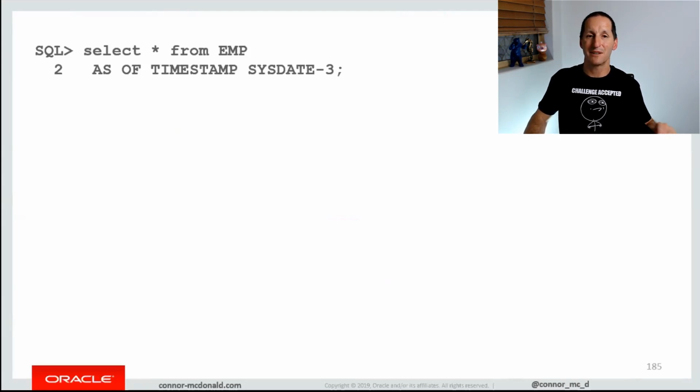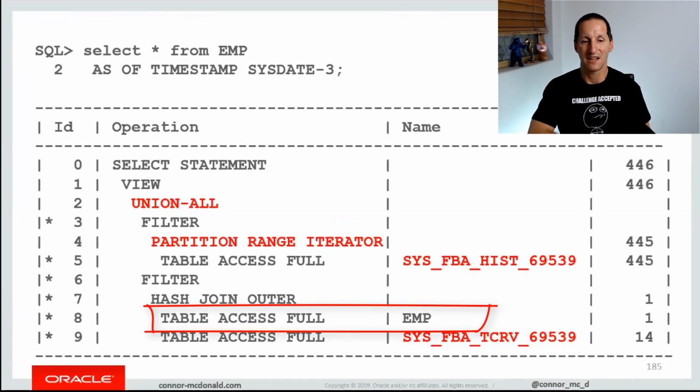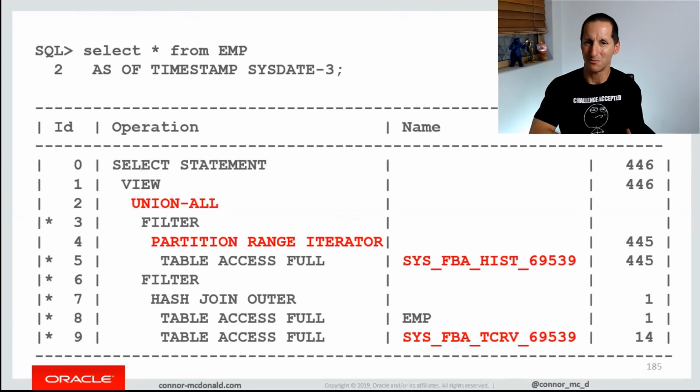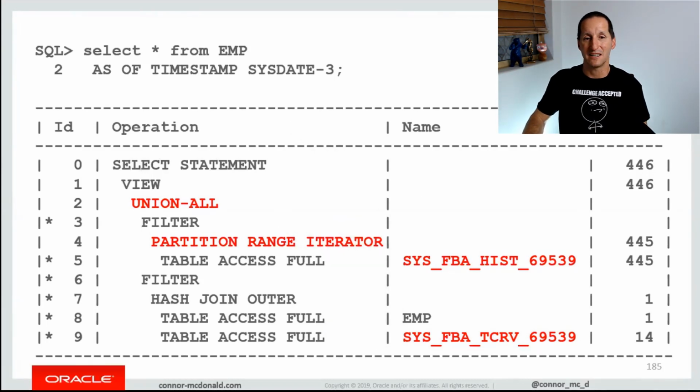Because I put that table into a Flashback Data Archive, let's look at the execution plan. We ran select star from emp, but the execution plan looks quite different. Yes, we still have a reference to emp in there on line 8, but we're now accessing some other objects, SYS_FBA_HIST, SYS_FBA_TCRV, and 69539 is actually the object ID for the employee table in user objects. So obviously some hokey pokey is going on behind the scenes to show us the employee table as it was